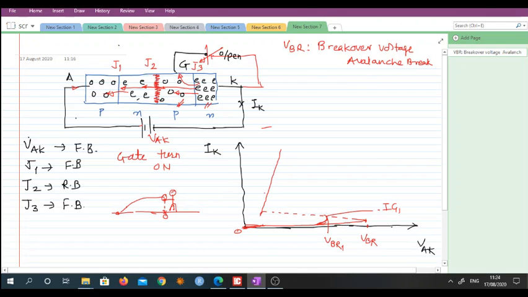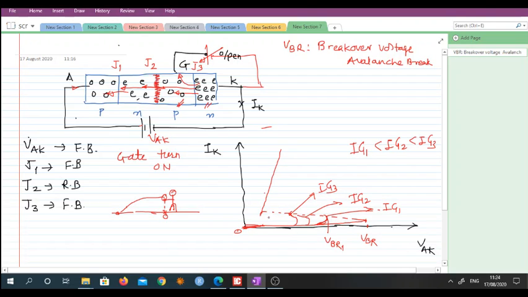Now if I further increase this gate potential, then what will happen? More and more electrons will acquire kinetic energy and they will travel as much as possible earlier as compared to the previous state, and therefore the turn on of the device will happen somewhat earlier. So this is for, let's say, Ig2 and this is for, let's say, Ig3. Okay, you notice in this case Ig1 is less than Ig2 is less than Ig3 and the device gets turned on quite earlier.